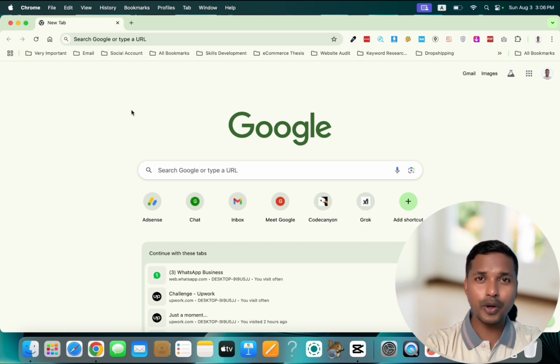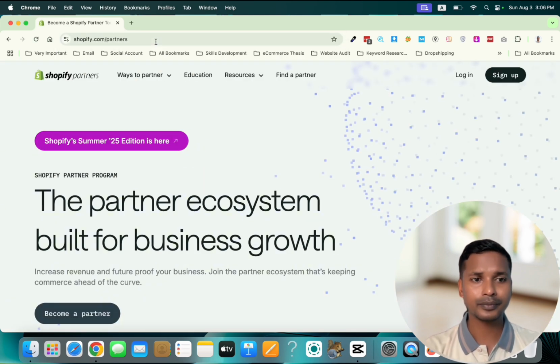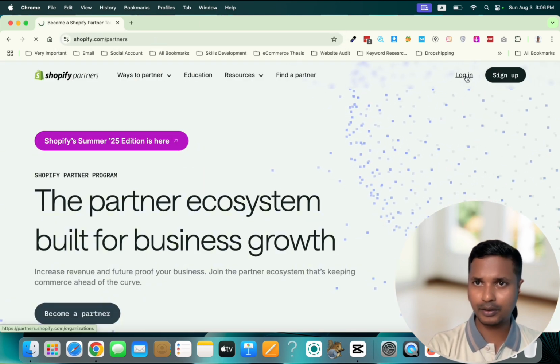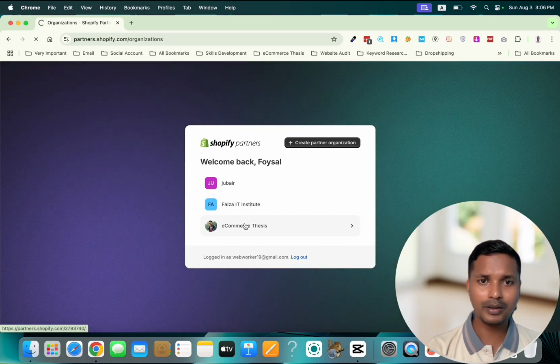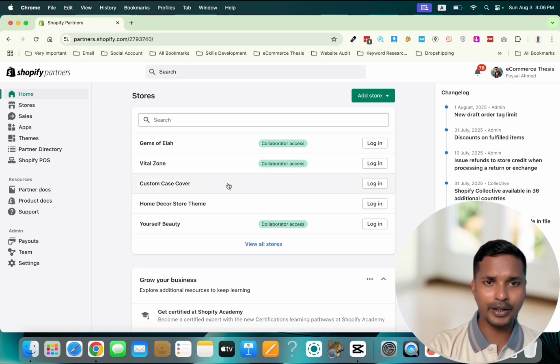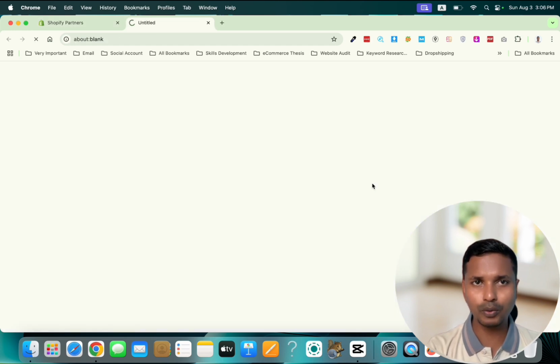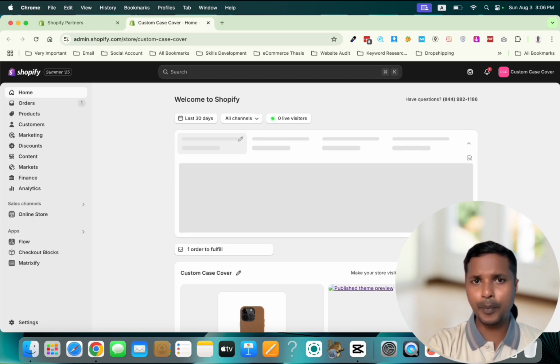So now I'm going to my Shopify partner account. Then let's see, partner account. Then go and click on login, and open any store. For example, I'm going to open this one, and this is very important for all of